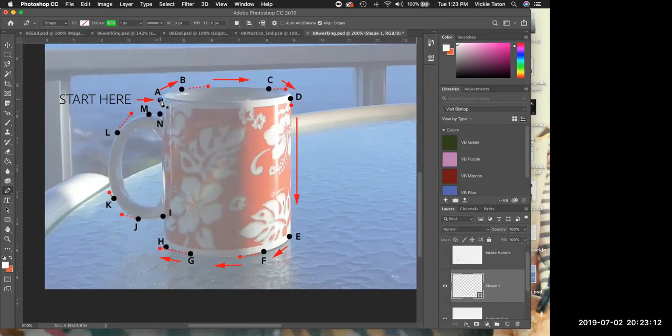And Photoshop creates a new layer for the shape. And then select B. Now this is a curved line, so I won't just click. I will click and drag to create that initial curve. And then I will click and drag to C to go around the top of the coffee mug. And I'm going to continue